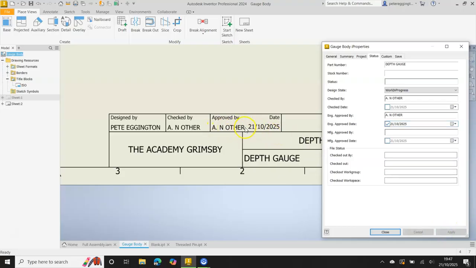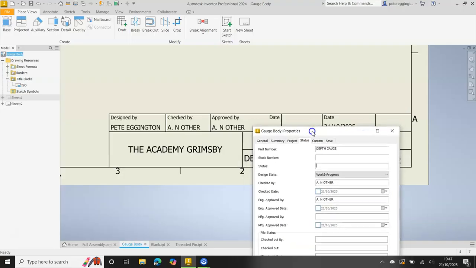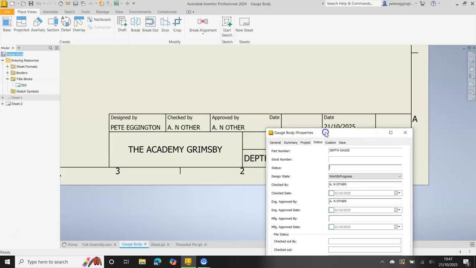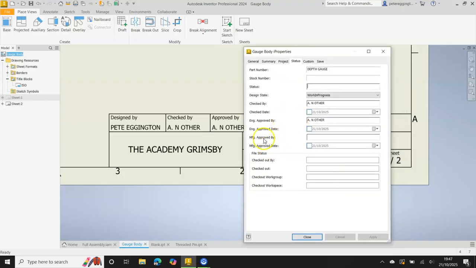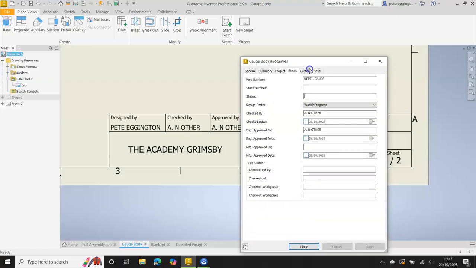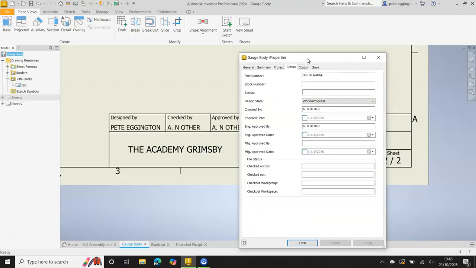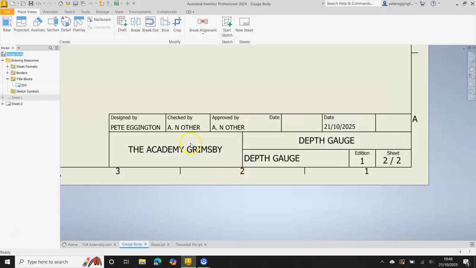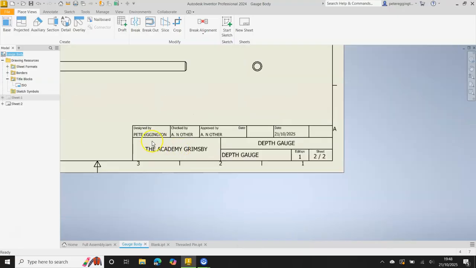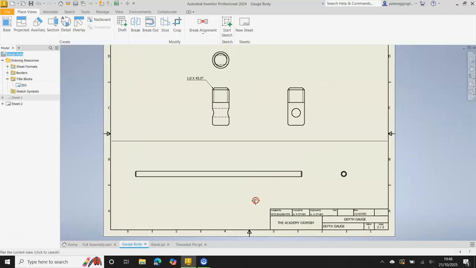Now again, it's a little bit tricky if you put a longer name in here because it will go over the top, so you don't need it in there. We've got the creation date. If this was reality, yes, it would have a date that it was approved for engineering or approved for manufacture, because someone's checked over it, they're fully happy to commit to manufacture 100, 1,000, 100,000 of whatever component was in your drawing. So if we press close, that's going to be completed for what we have in your title block